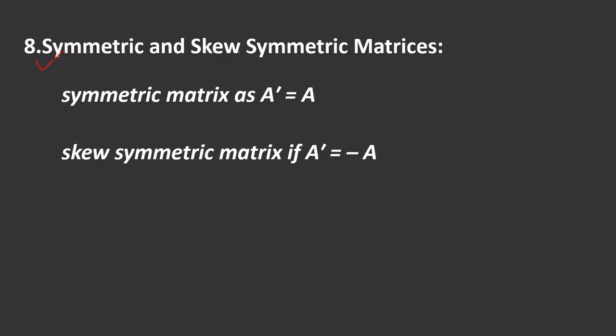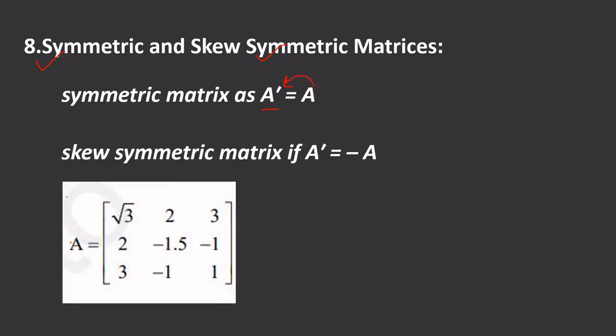And the other is symmetric and skew matrix. What are skew and symmetric? A symmetric matrix is one where A transpose is equal to A itself. If we have a matrix and take its transpose and again get the same matrix, then we can say that it is a symmetric matrix. Okay, let us learn with an example. Like this is an A and we have to find this A dash.